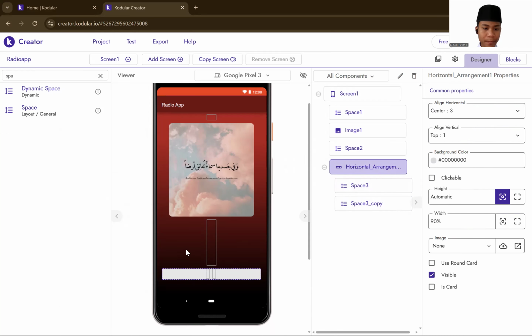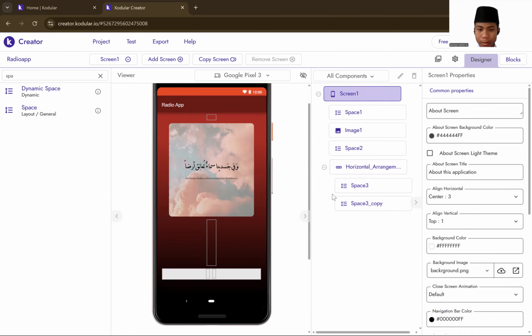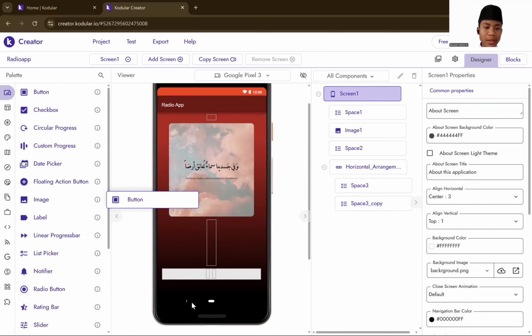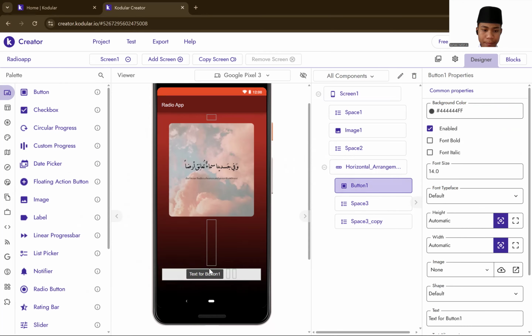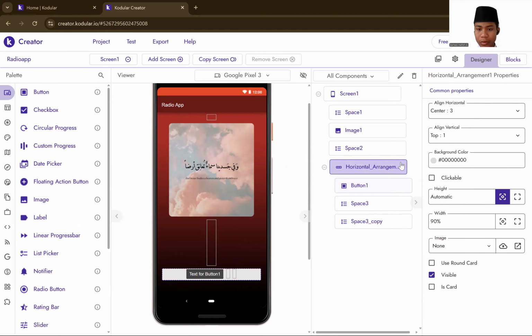Okay, if done, you go to button, now you put the button in here. And you go to horizontal again, and this is left. Okay, be like this.